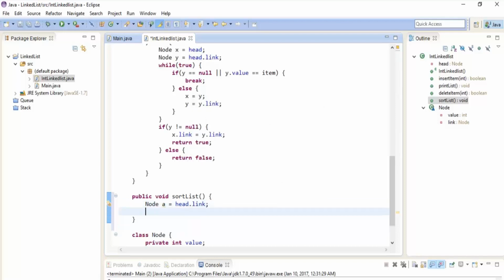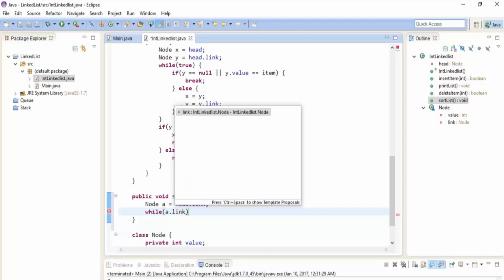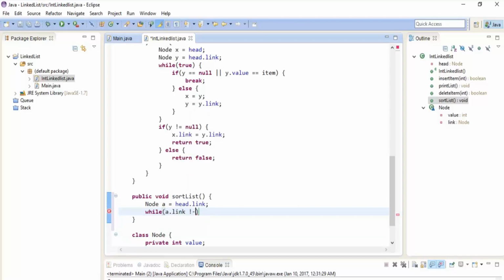Alright, now I need to write two nested loops. One is going to sort an individual item in the list, and the child loop is going to iterate through the whole list for sorting out one item in the list. That's the algorithm for the bubble sort. So I'm going to write while A.link not equals to null,